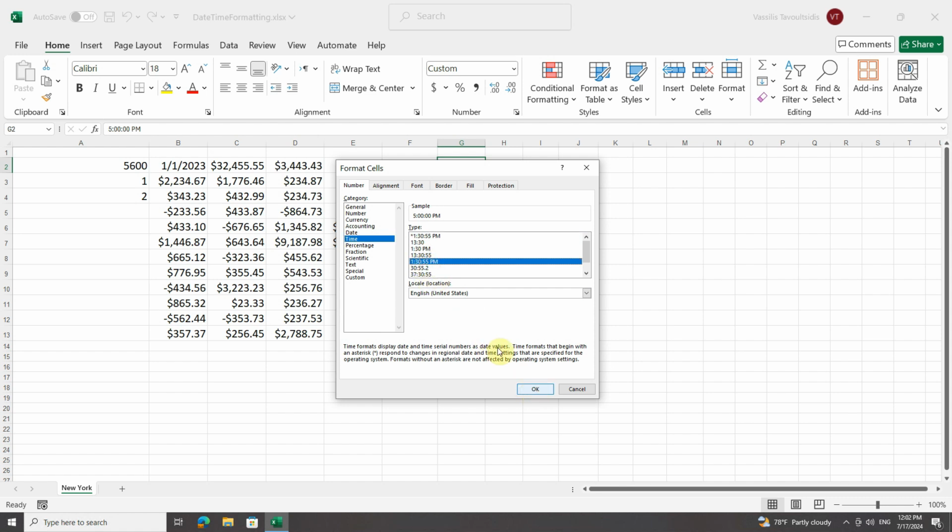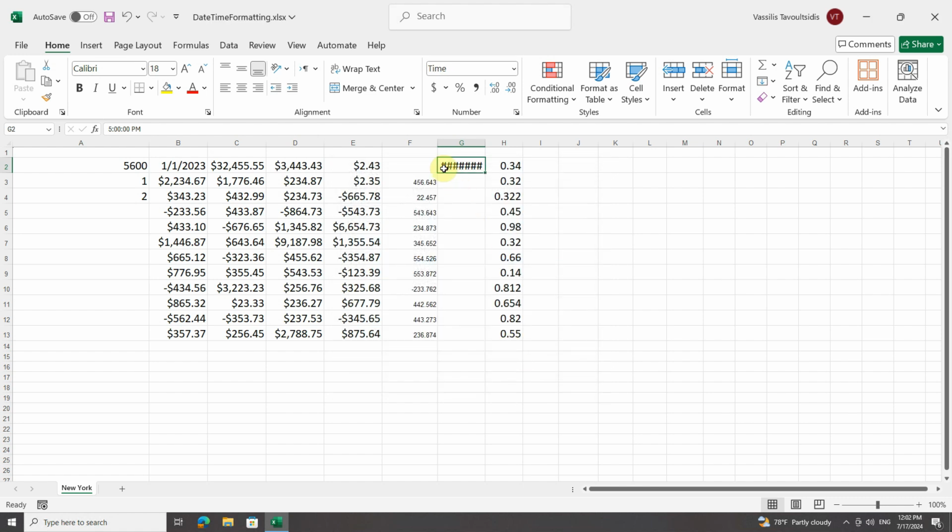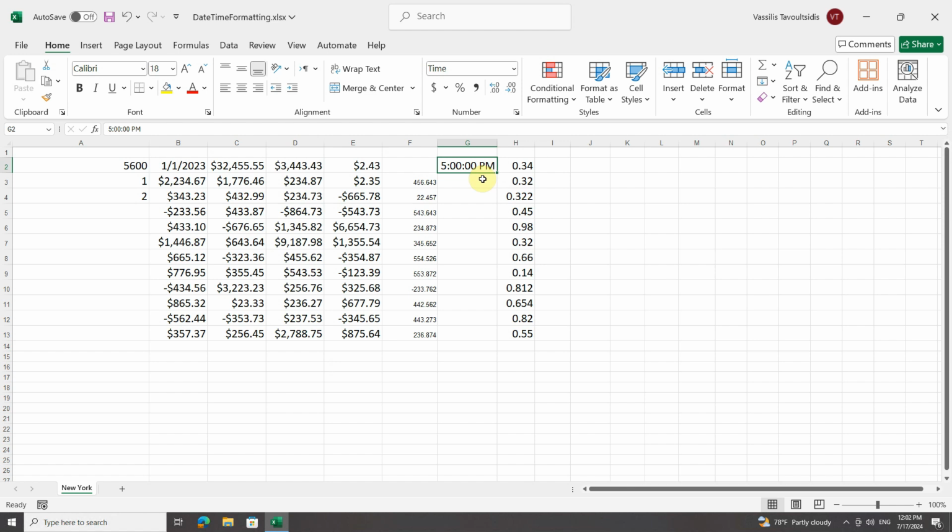in which the seconds are also displayed, and I will click OK. As you can see, the hash symbols appear in the cell. If you remember from a previous lesson, that means that a number is inside the cell, but the column width is too small for it to be displayed fully. So I will double click on the divider between columns G and H,